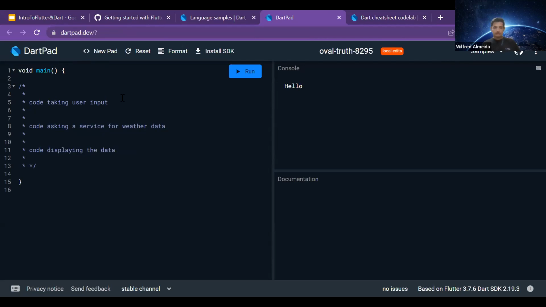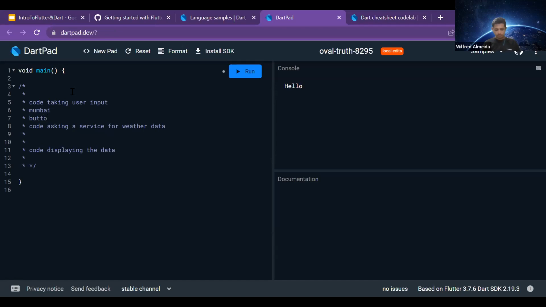So what happens in a synchronous style of execution is your application would be executed top down. Your executor, let's say your application or compiler, will come here. It will first see the code that takes user input, so it will ask the user for input. Once the user gives an input, let's say the user entered the city Mumbai and clicked the button,